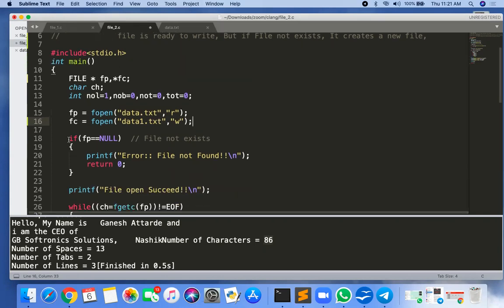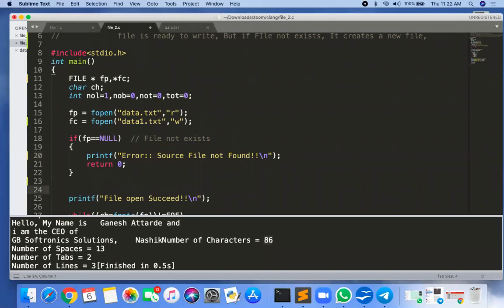Yes, getting? So if fp equal to null, then source file not open. fp I am using as the source file, and fc I am opening as the destination file.